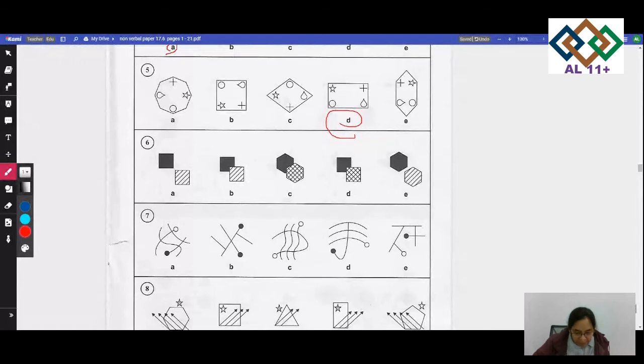So now we are on number 6. In number 6, they are saying all the other shapes should cross-hatch: shapes overlap the black shape, and the hatch shape does not. So they should be overlapping. They should cross-hatch each other. They are crossing each other. Can you see it? Cross, cross. And the hatch shape does not.